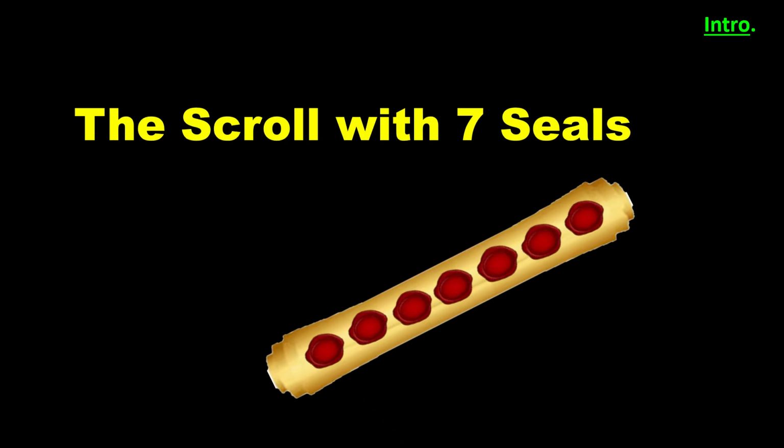Next, we'll talk about the scroll with 7 seals, and here it is. The artwork looks like a loaf of French bread with slices of pepperoni on it, but we will go with the idea that it's actually that scroll that the Lamb has agreed to remove the 7 seals from, one by one. In Chapter 6, video number 4 in the course, we went through what happened when the first 6 seals were removed. We are now getting ready in the first verse of Chapter 8 to experience what happens when that